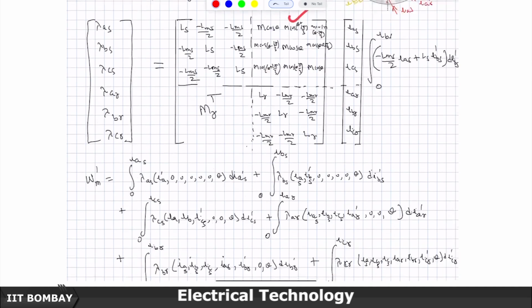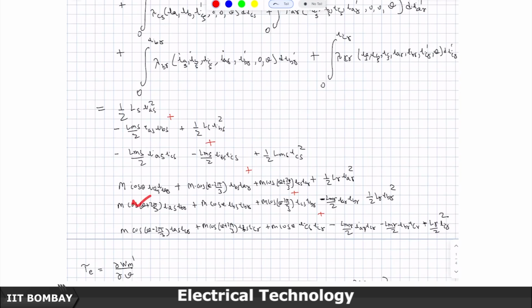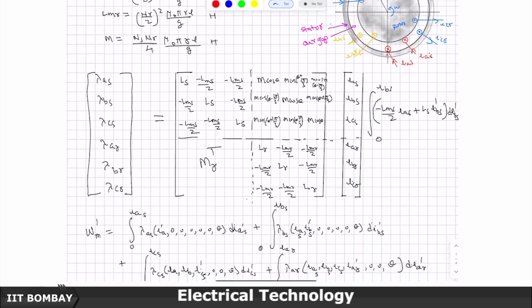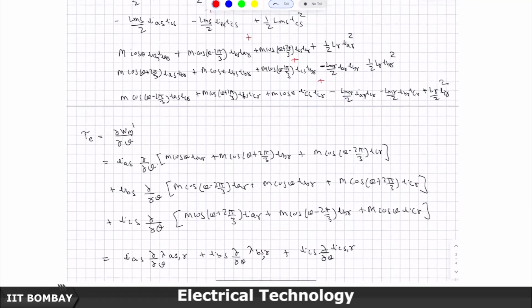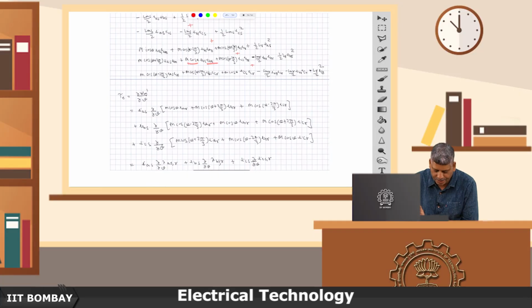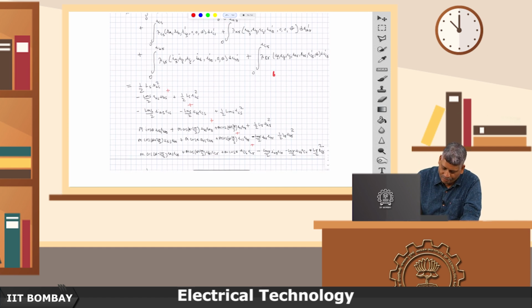First term will be M cos of theta plus 2 pi by 3 times IAS IBR. Next will be M cos theta, which is the diagonal term, so the M cos theta IBS IBR, and then the remaining will be M cos of theta minus 2 pi by 3 ICS into IBR. And then we come to this, I said this is a bit tedious, this last term lambda CR,